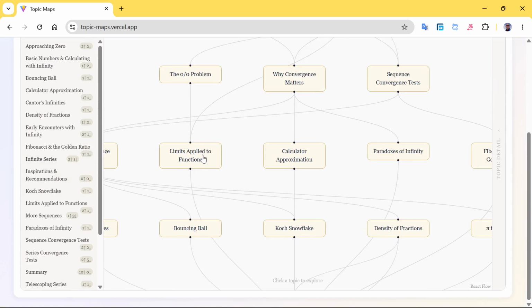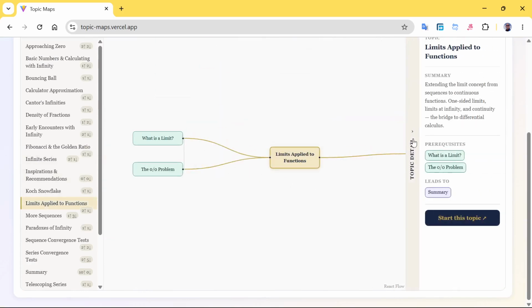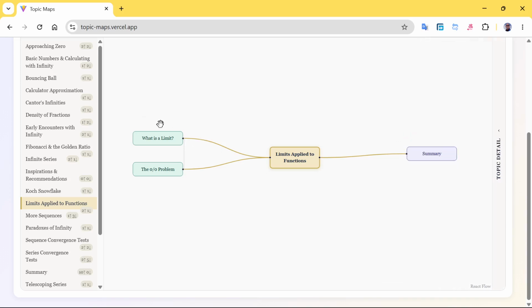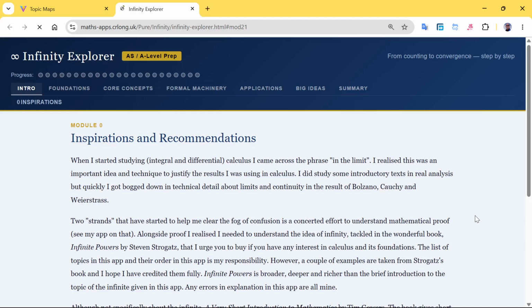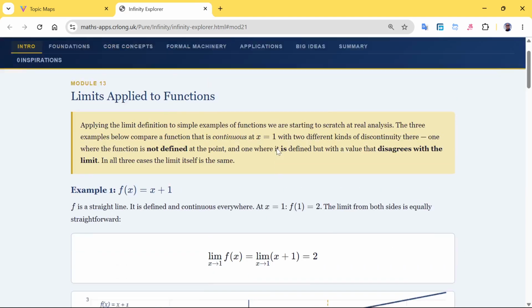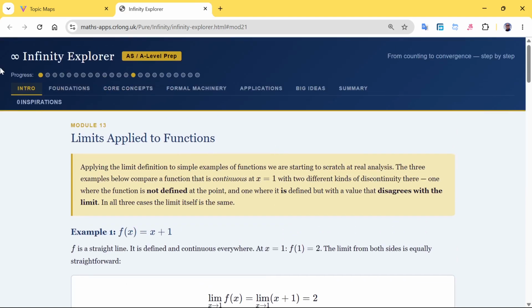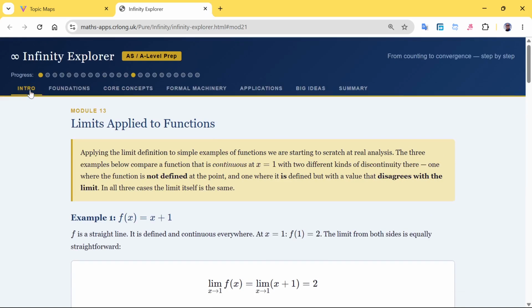So if we click Limits Apply to Functions, we can see the prerequisite topics and the follow-on topic in this app, and then in the sidebar will be a link to that particular topic within the app. So let's go to the introduction